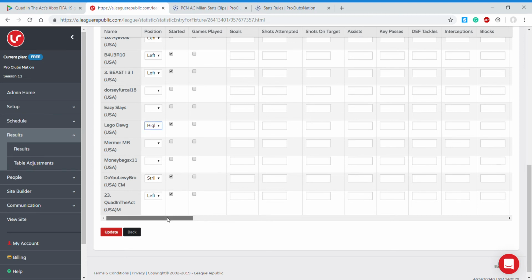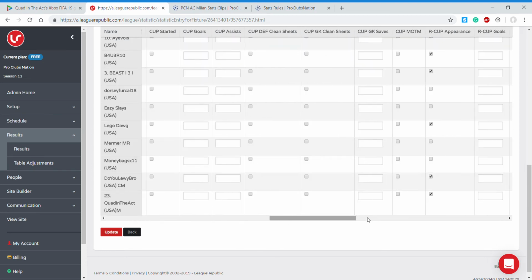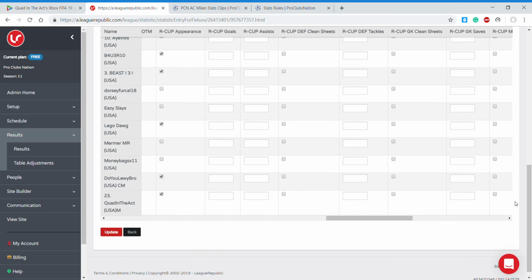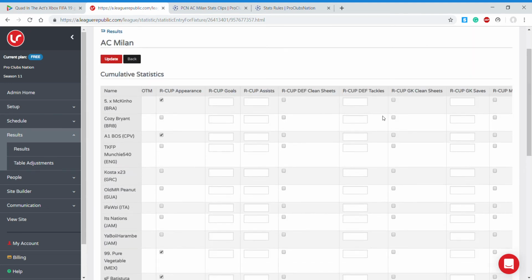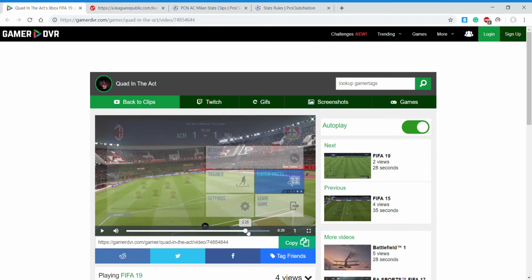So that's a simple switch. Okay, so now stats. Pretty simple. It's just going to be goals, assists, tackles, saves, clean sheets, man of the match. And you won't even have tackles for normal cup games. So if we go back to